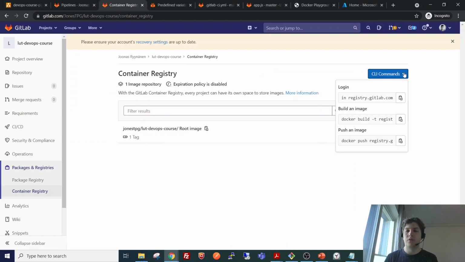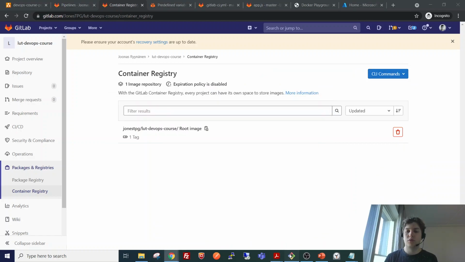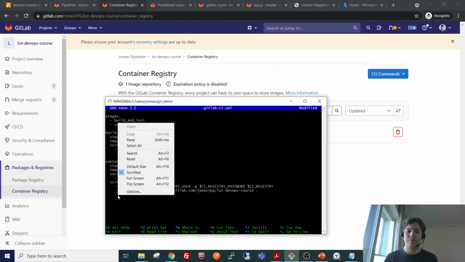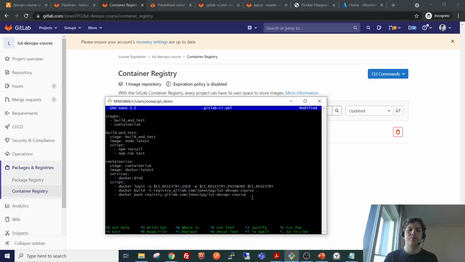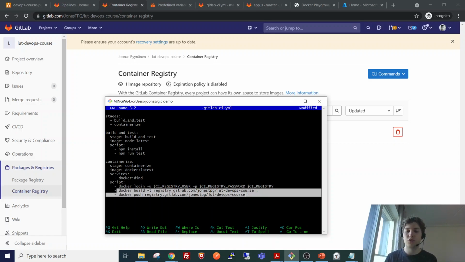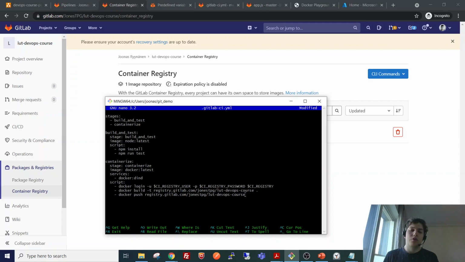Finally, the command to push the image. So now once we are authenticated into the registry, we can use the build and push commands similarly as we would in the Docker playground.